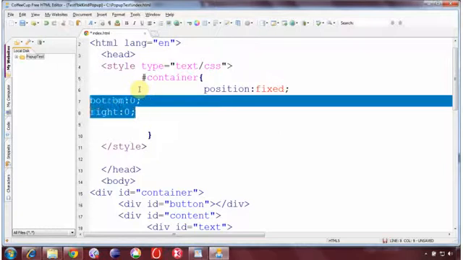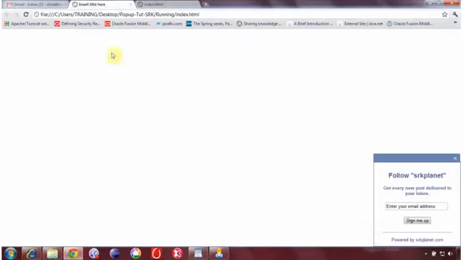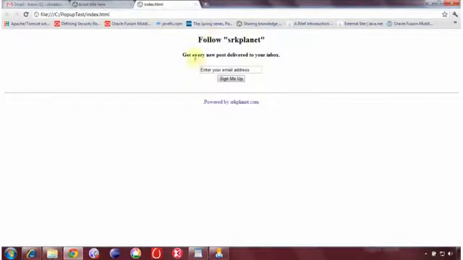So what this means, this bottom and right: consider it as the plain area where your text is lying. When you say that the position should be fixed, you need to specify where it appears, like this can be considered the left, and this side can be considered the right. This is top and this is bottom. Very simple and common to understand. And I say it should come over here.